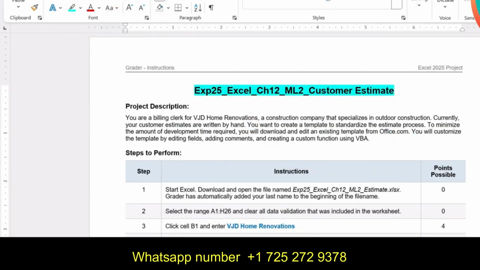Okay, so the title of the assignment is Exp25 Excel chapter 12 mid-level 2 customer estimate, and at the start of the